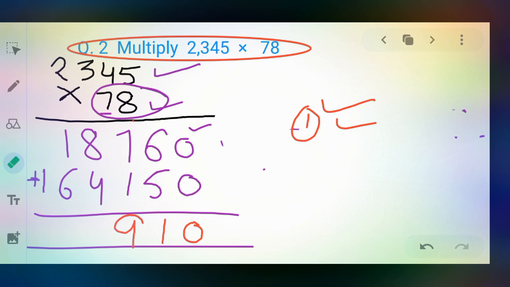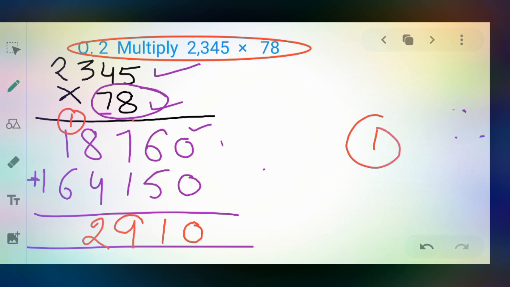Okay. So dear student, after this you have 8 and 4. 8 and 4, it becomes 12. So 2 right here and 1 becomes carry. Okay. You can write carry here, whatever you like. Now next is 1 plus 1, 2 and 6, it becomes 8. Now dear student, last digit is 1, so you write 1 here. So what is your answer?